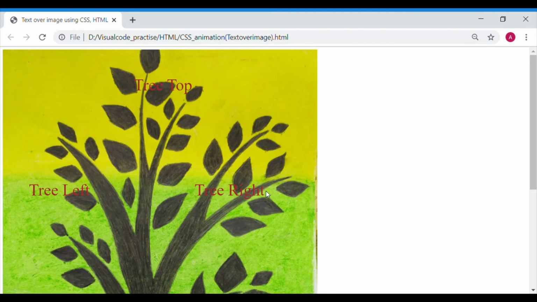So this is a very easy method, and it is also very useful when we have to name some portions of our image. Say some scientific images are there which we have to label for better readability. This is much more useful and very easy for the usage of a web page.